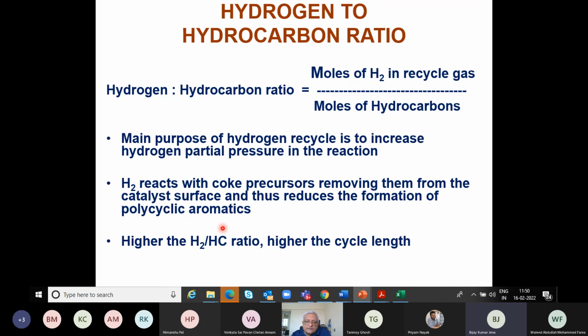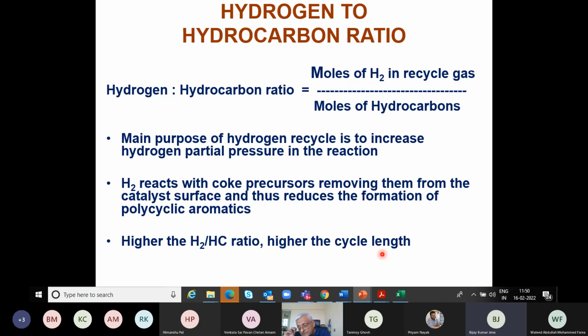And so the higher the hydrogen to hydrocarbon ratio, the higher the cycle length. So generally in semi-regenerative reformers, as you must have guessed by now, we try to keep a higher hydrogen to hydrocarbon ratio because we want to suppress coking, because we'll decoke only after about a year or so. But in CCR reformers, since we are regenerating the catalyst on a continuous basis, we can reduce the hydrogen to